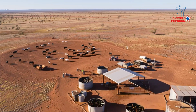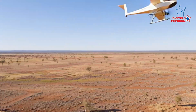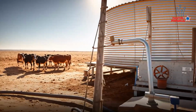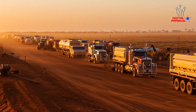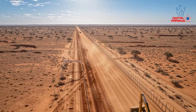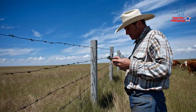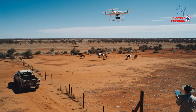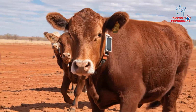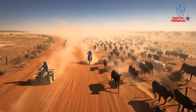Amid this demanding work schedule, the station has embraced technology and mechanization wherever possible to ease the burden on its tiny workforce. Remotely operated pumps allow water management at the push of a button. The station's vehicles and machinery, from road trains, cattle trucks, to graders and backhoes, help maintain over 1,000 kilometers of station tracks and fence lines. Even routine chores like checking fence integrity or locating stray cattle have been aided by technology. Some stations are experimenting with drones for aerial surveillance and GPS tracking collars on cattle to monitor their movements. What used to take weeks on horseback can sometimes be done in hours with an aircraft or a well-coordinated team